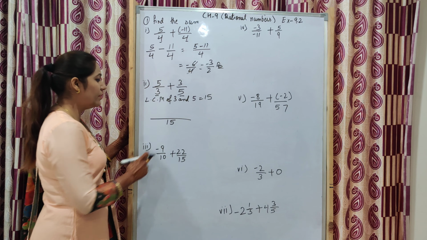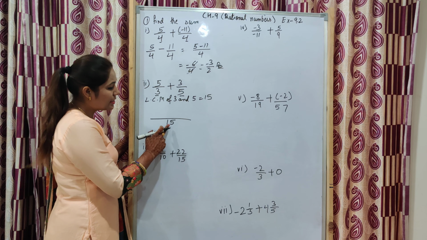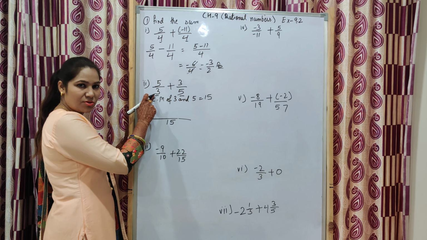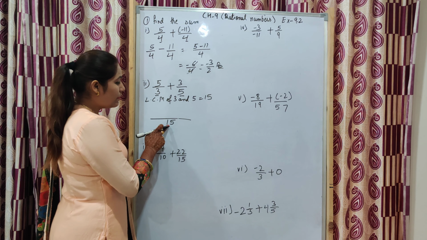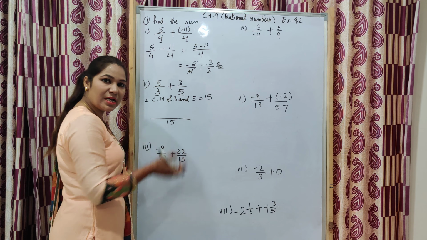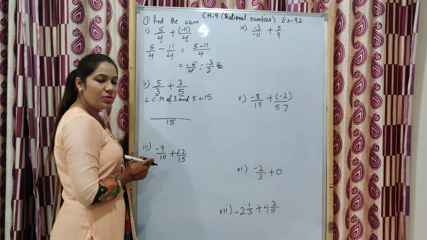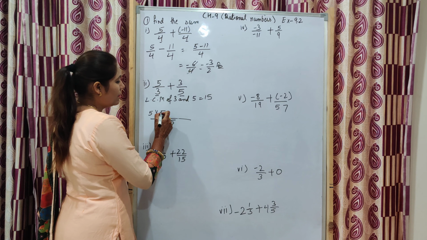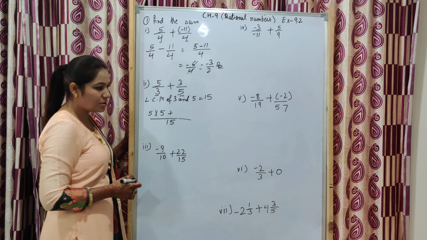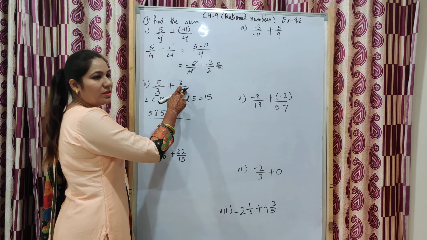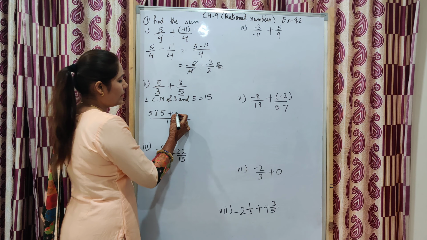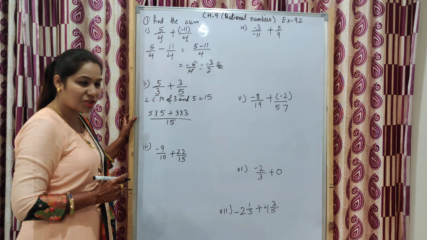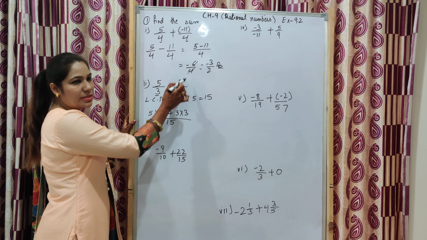Next step, see it very carefully. Now LCM is 15. The next step is LCM divided by the denominator. It means 15 you will divide by 3, you will get 5. First step, LCM divided by denominator. Whatever answer comes, you will multiply it with the numerator. So 15 divided by 3, we get 5. 5 multiplied by 5. Now plus sign, we will put addition, that is plus. Again 15 divided by 5 is 3. 3 multiplied by 3. If you see carefully, it is the butterfly method that we have done in the chapter of fractions. 5 multiplied by 5, 3 multiplied by 3.